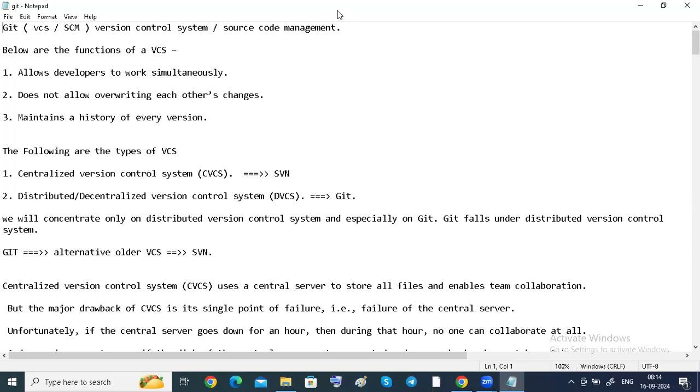If you join a company, they will tell you about applications like Flipkart, Amazon, PhonePe or SBI. There are a lot of applications. In these applications we call it a source code manager, or version control system.